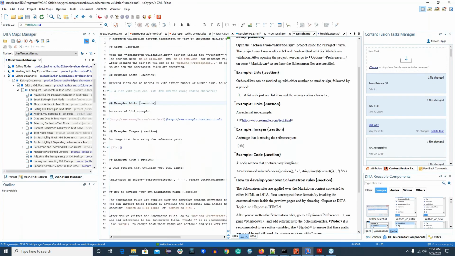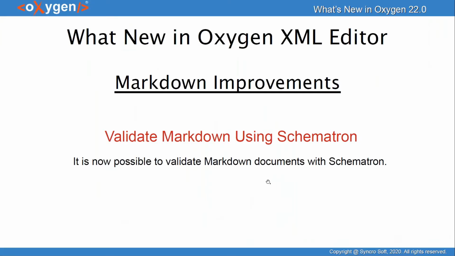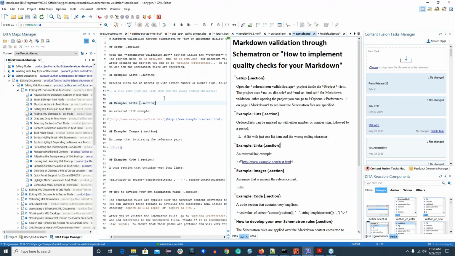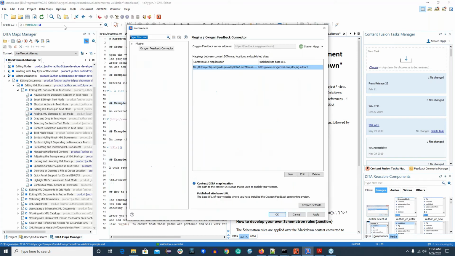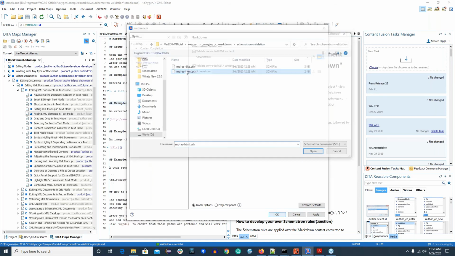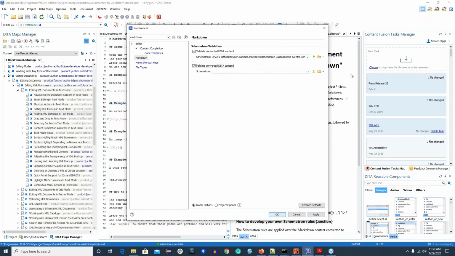And you can also validate Markdown documents against schematron. This case is a little different than with JSON. You can configure it in an XML catalog mapping, or there's also an options page for Markdown. And here you can specify, you see that you have the option to validate HTML content. I have a schematron for that. Or for DITA content,